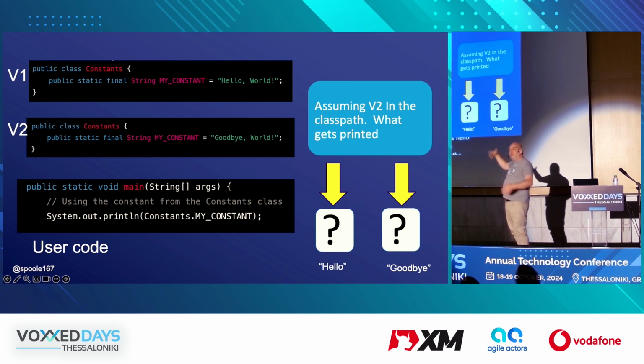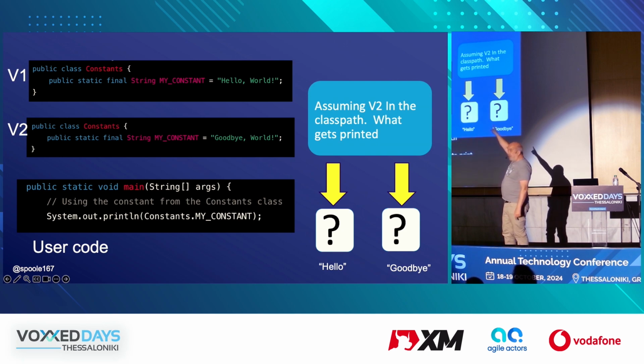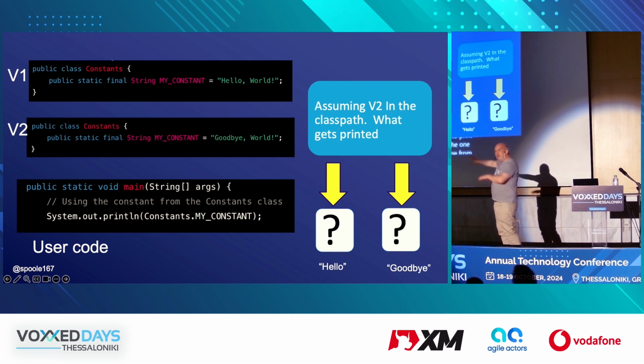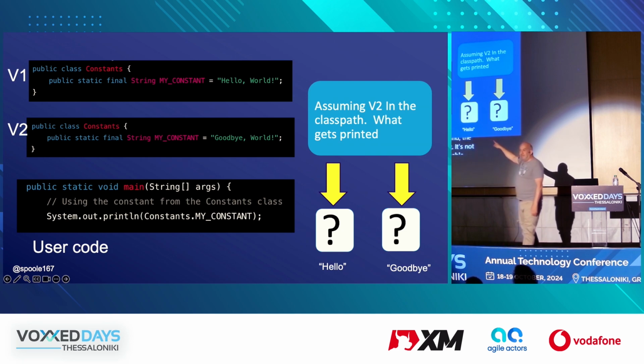Now, you might have it more intended to be used in select statements or something. But anyway, when the user code, which prints out Constants.MY_CONSTANT, runs, what's it going to print out? Is it going to print out the one from the last version or the one from this new version? Bearing in mind the last version class doesn't exist. It's not in the class path. It's not reachable. All it's got is version 2 and its code.